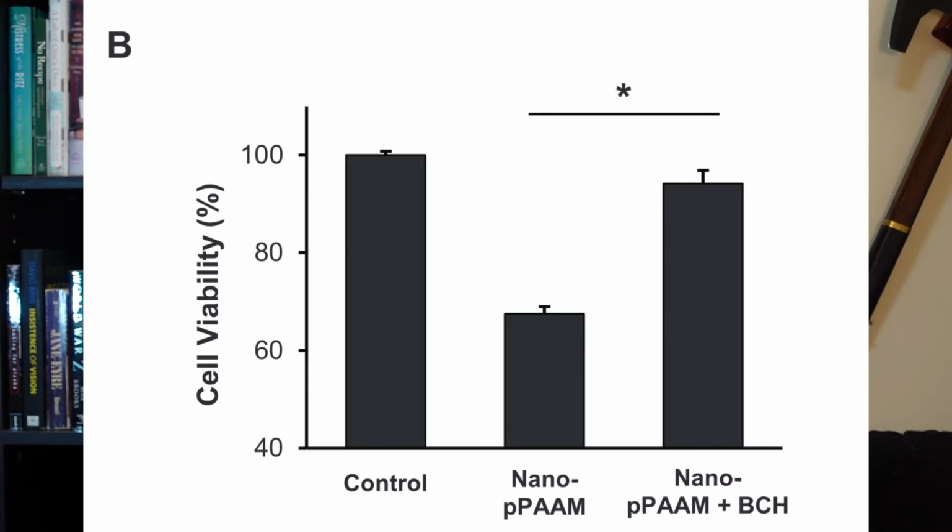The authors hypothesized that this is because the cancer cells will actually eat the nanoparticles via endocytosis. They tried inhibiting endocytosis by using sodium azide and also by making it really cold. Both results say endocytosis likely. So they moved on to a more specific mechanism of LAT1, which is a transporter that specializes in valine, leucine, isoleucine, and phenylalanine. When they used BCH, which is a LAT1 specific inhibitor, the nanoppam couldn't get its murder on much at all. You can see that there's a little dip from the control group, but not much.